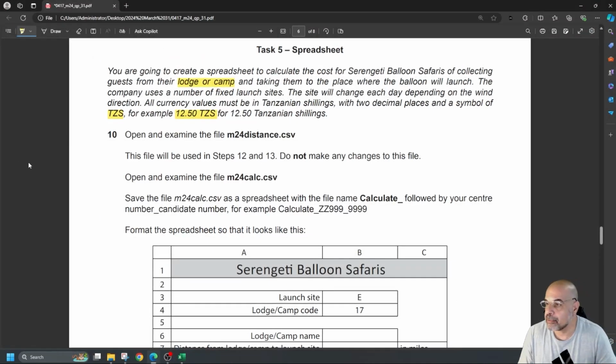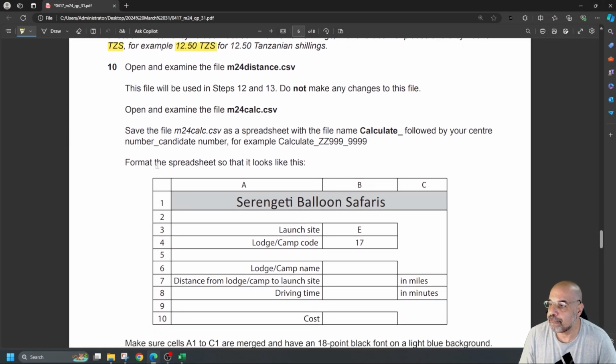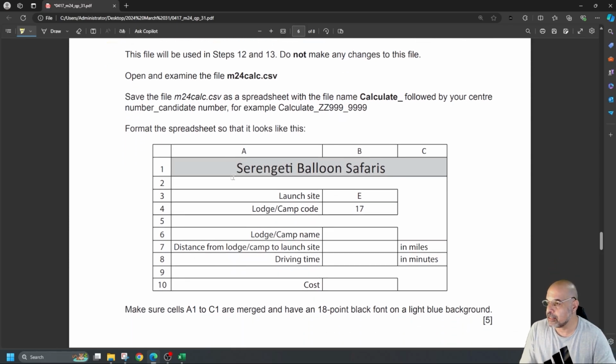Let's go to the question paper. So we've done that. Save the file M24 calc CSV as a spreadsheet with a file name, calculate underscore followed by your center number, followed by your candidate number. Format the spreadsheet so it looks like this. Okay, now this is where sometimes, because I'm in a rush, I make a few mistakes. I'm going to try not to. So first step